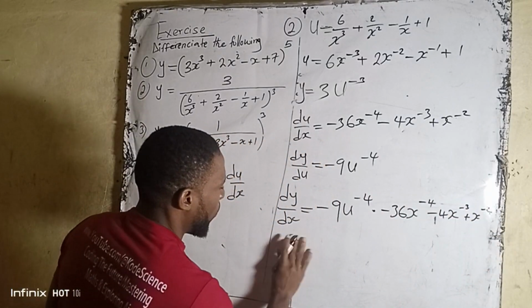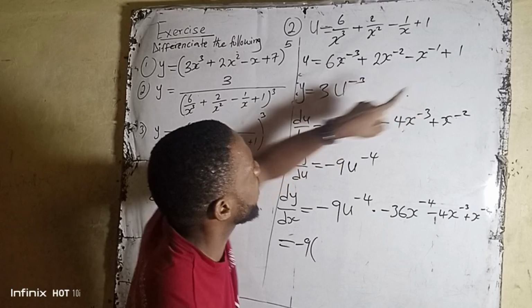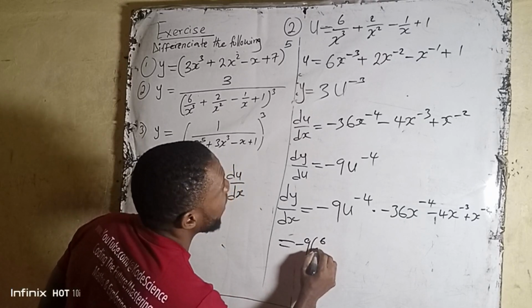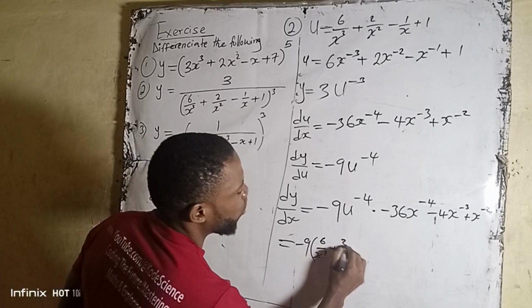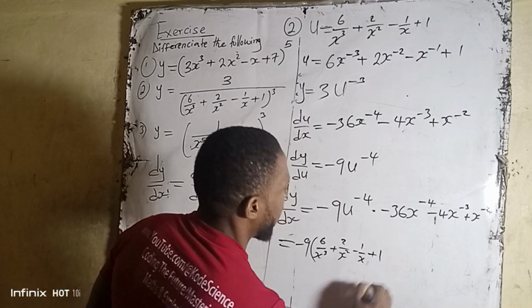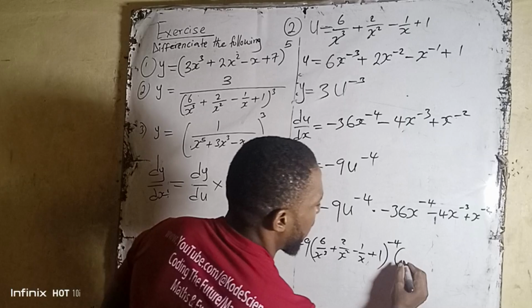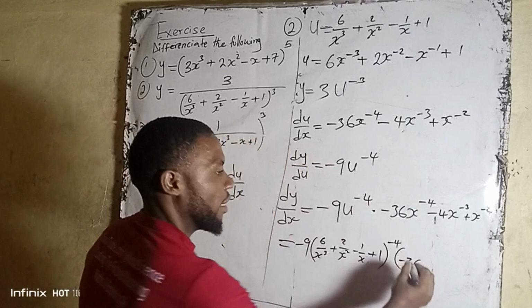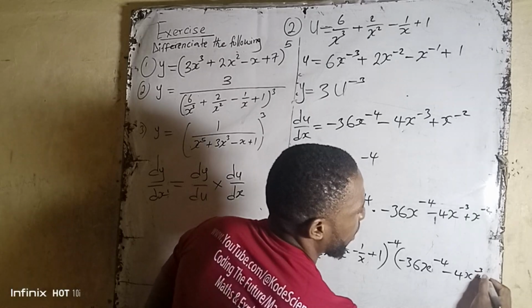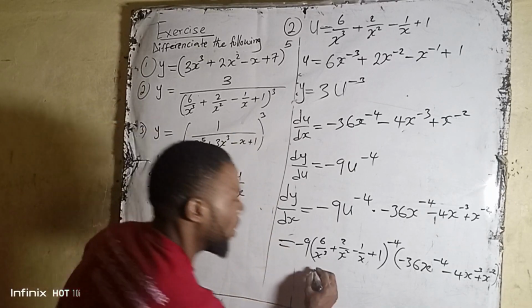If you multiply this, we are going to have the final answer. We are going to have minus 9 into bracket. What is your u? And our u is all of this. Let's pick it up. We have 6 over x to the power of 3 plus 2 over x squared minus 1 over x plus 1, into bracket raised to the power of minus 4, multiplied by into bracket minus 36x minus 4, then minus 4x minus 3, plus x to the power of minus 2. So you can go ahead and simplify this further, but this is